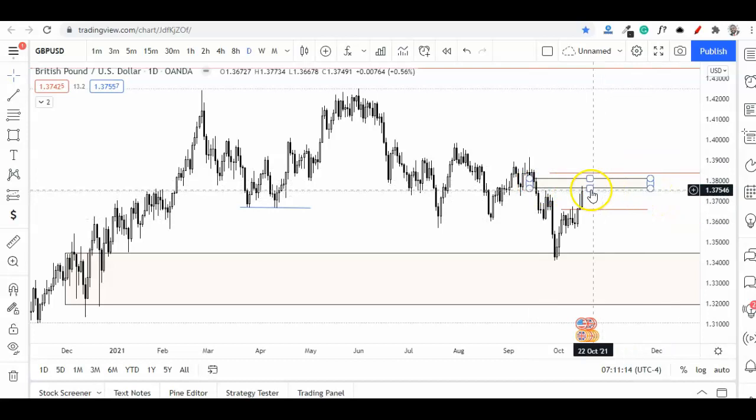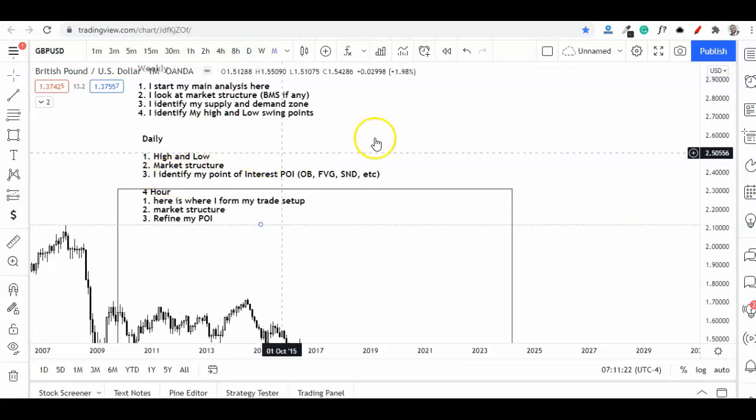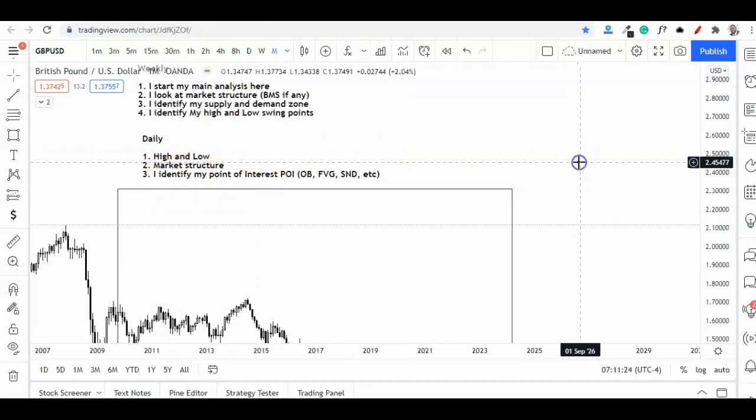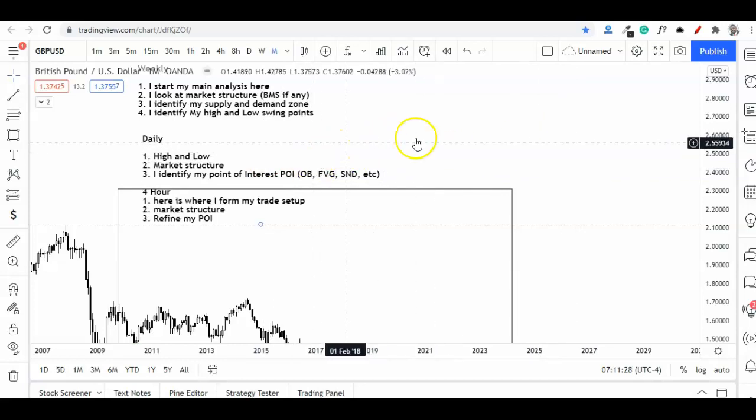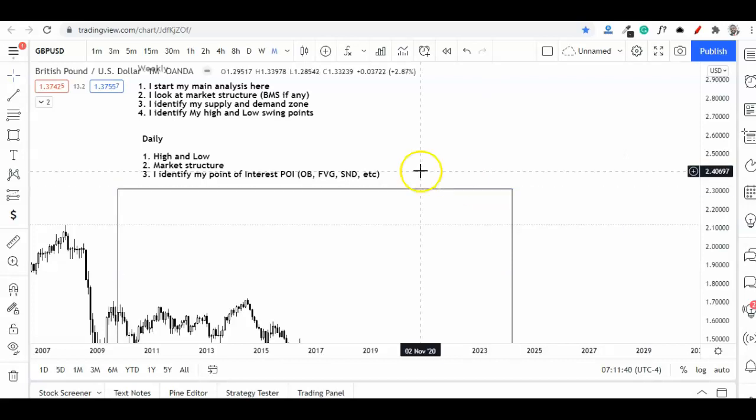So I will wait for price to go into this point, identify my point of interest. The point of interest could be an OB, an order block, it could be a fair value gap, a support and resistance, a supply and demand, it could be a liquidity void, and so on. If you don't know what this means, I will